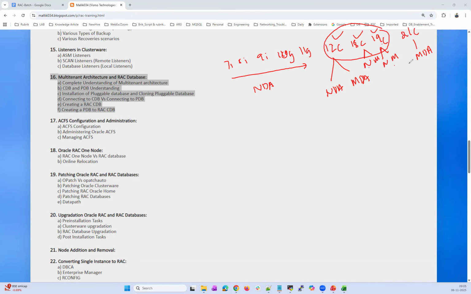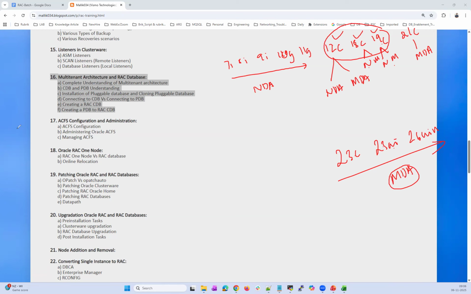And with any further version, 23C, 23AI, or 26AI, which are advanced versions, it is all about multi-tenant database architecture. So as a DBA, learning and understanding multi-tenant architecture is a must and mandatory thing, because the future databases are all about multi-tenant, CDBs and PDBs.